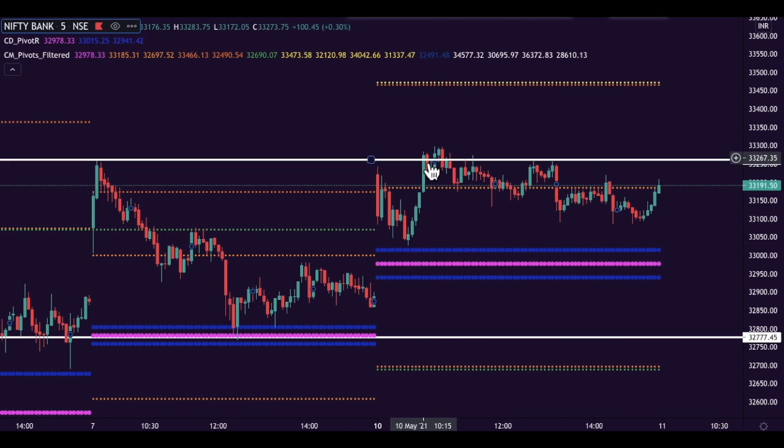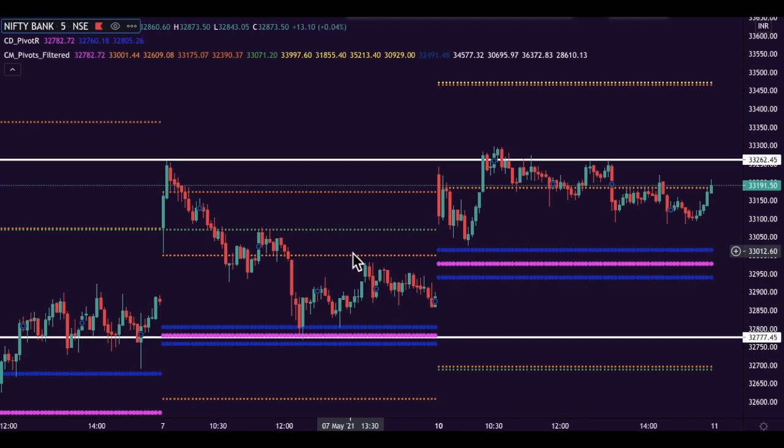Right now, if I had not marked this level, I would have entered the trade and then the market would have gone down and hit my stop loss. But since I marked previous day high, I know this can act as a resistance, so this helped me avoid taking a trade. So it's very important that we mark previous day high and low as it acts as